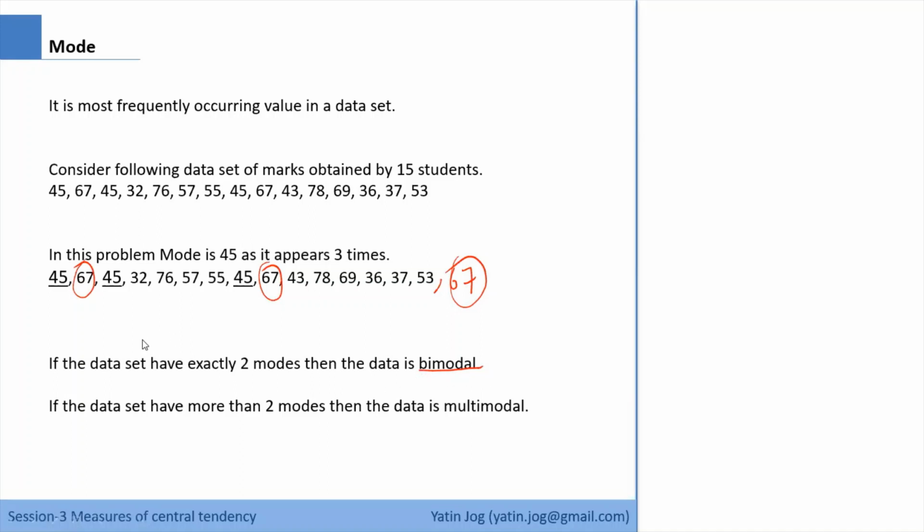And in that case, suppose I have another 2 observations of 32 also. That means even 32 is present 3 times. That means I have 3 mode values. So if any data set has more than 2 modes, then the data is multimodal. So either I can have a unimodal data set, or a bimodal data set, or a multimodal data set. Depending on the number of mode values, I can have unimodal, bimodal, or multimodal data sets. So this is very simple, how to calculate mode in case of ungrouped data.